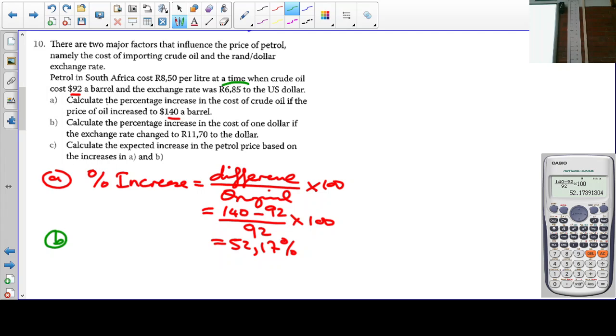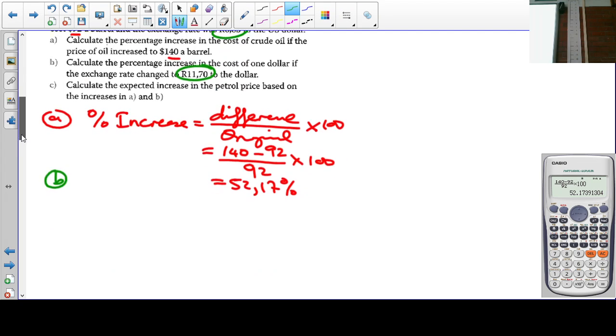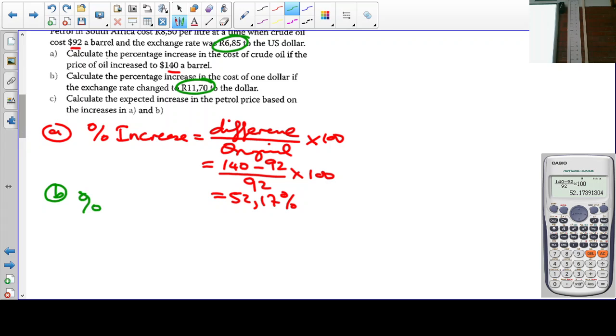So this is what we're comparing now, because the exchange rate was 6 rand 85 cents, and it's changing now to, it's almost double, not so? So the percentage is going to be very, very high. Okay? It's going to be close to 100%. So calculate the percentage increase. How do we calculate percentage increase? It's going to be a difference over original